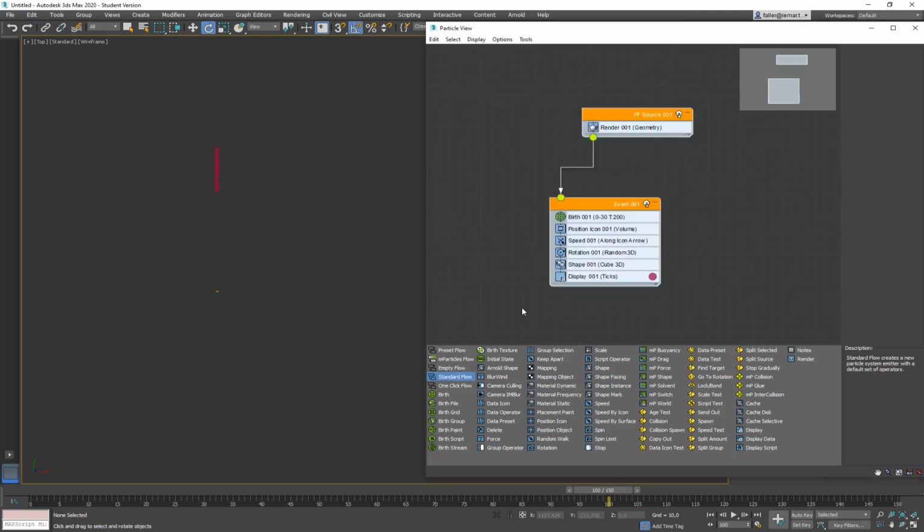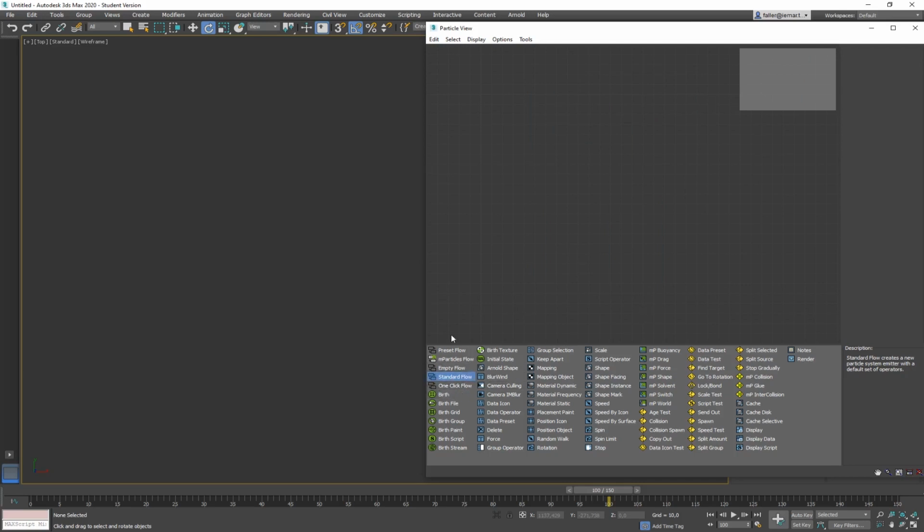So let's pull out something else. There's also other ones. There's also an empty flow, which is basically no event there. So that is just the starting event, the one that's necessary for showing it, and then you can put all kinds of other events. You can create your own.